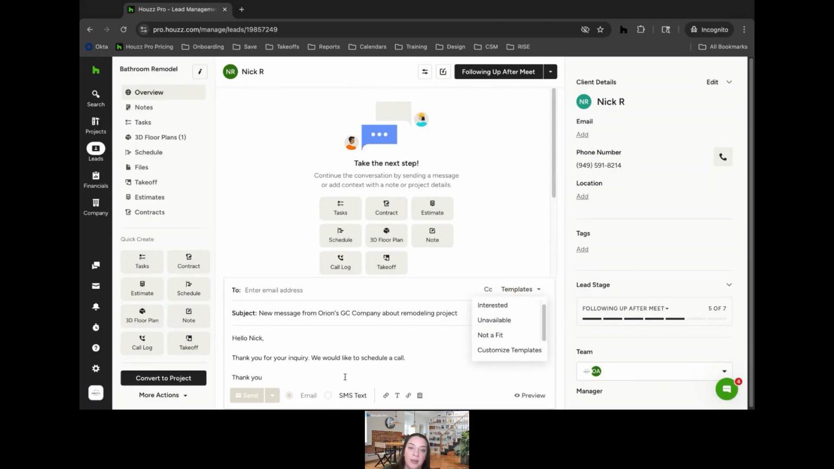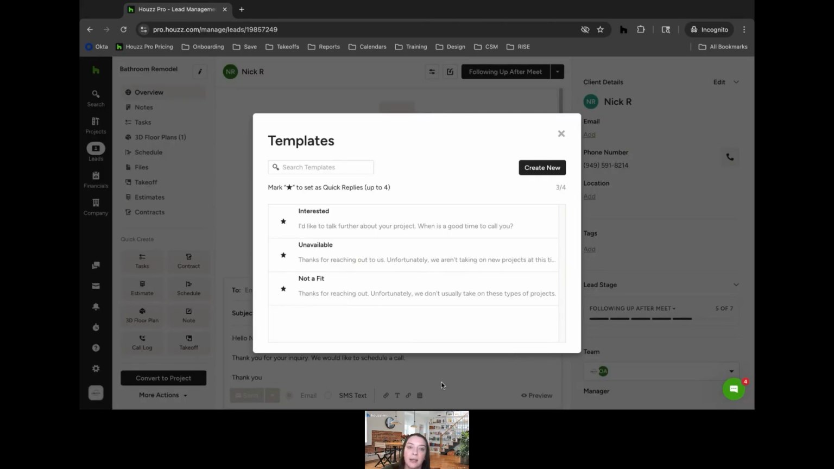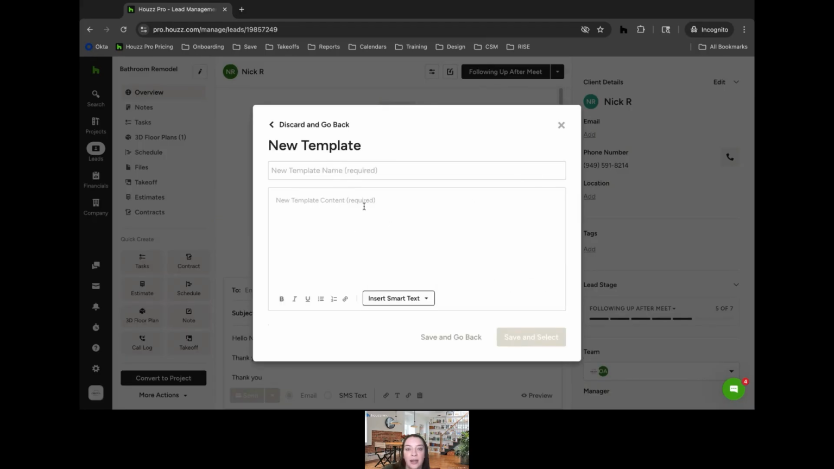So if I don't want to type this message every time, I can click customize templates. Preset templates are here, but I can go ahead and create a new template and use smart text. So I don't even have to type in the client's name. This will all happen for me. So if I just say hello, and then I put in client first name,